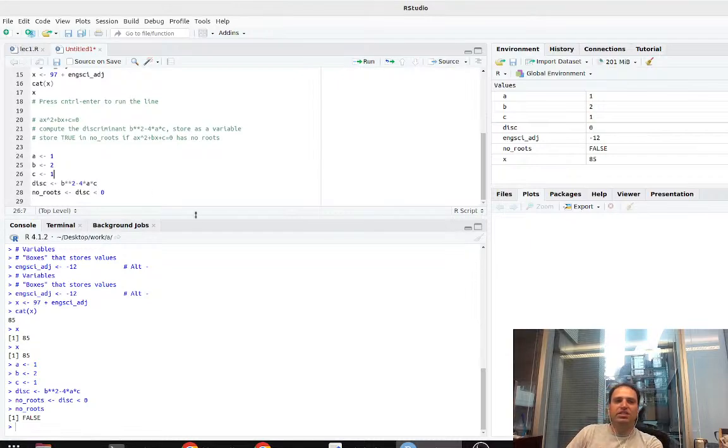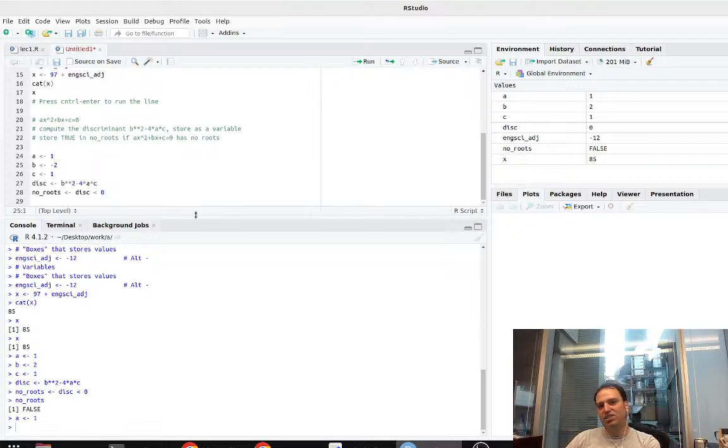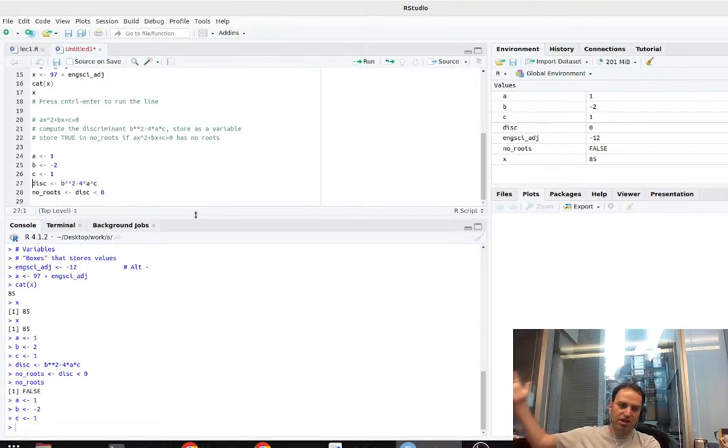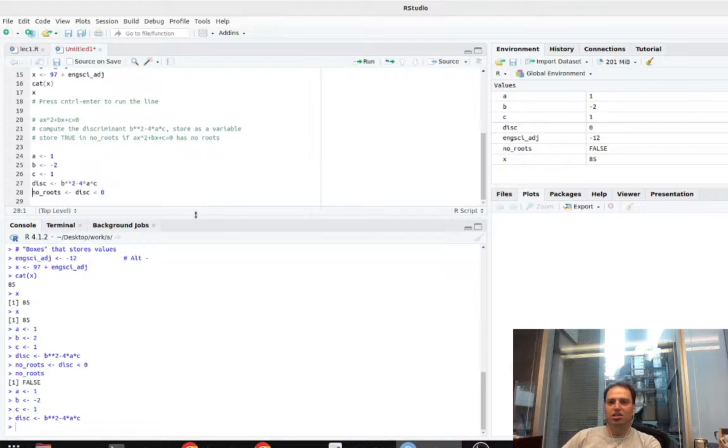On the other hand, we can come up with an equation where there really are no roots. So what we want is for 4AC to be large and negative. So I can make B be, for example, minus 2. So now I need to rerun this. So A is 1, A stayed 1. Now B has become minus 2. C stayed 1 because I just said take 1, put it into C. So now the discriminant is,